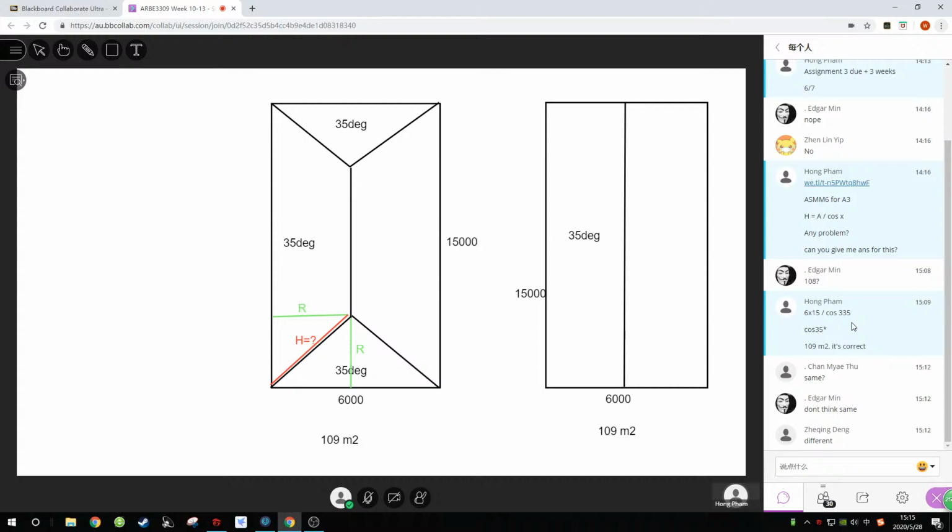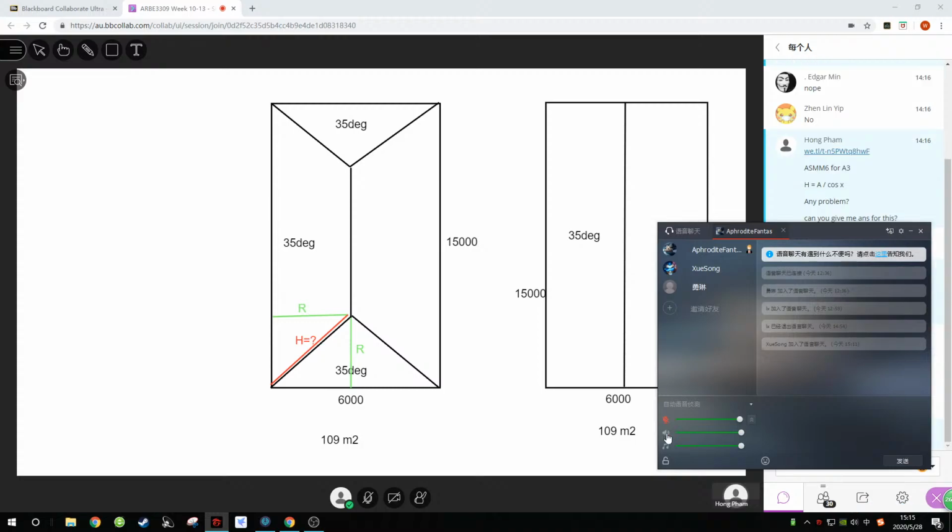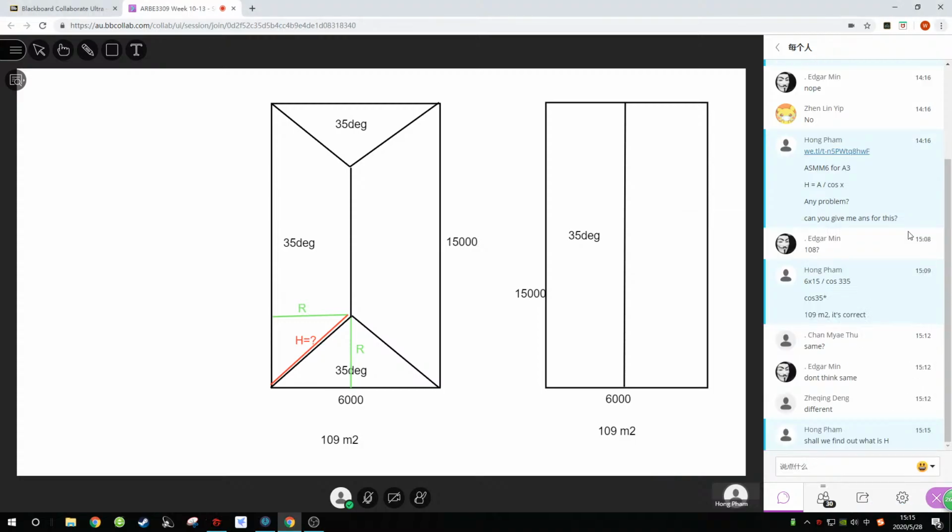Can we have a contest to find out what H is? Assume this is R, this is R. R is a rafter. If I want to have roof sections here,